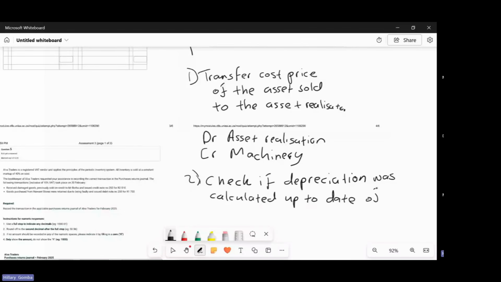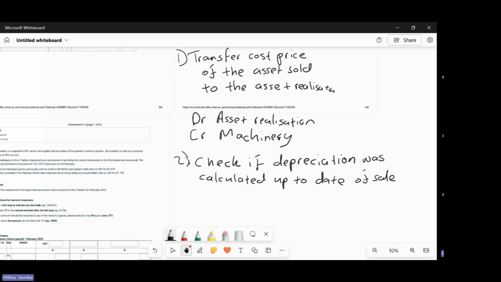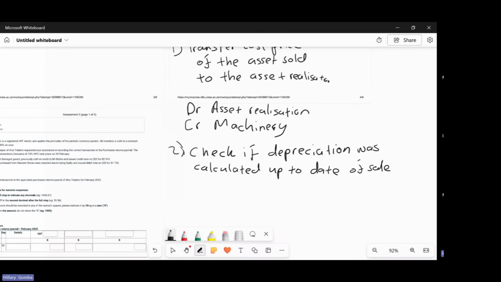If not, you need to calculate. When you have done calculating, then you need to credit depreciation and debit accumulated depreciation. Once having done that, then you need to debit accumulated depreciation and credit asset realization. So the first step is crediting your depreciation, and by crediting your depreciation, you're debiting your accumulated, and then from accumulated to remove and close off that amount, you will now credit